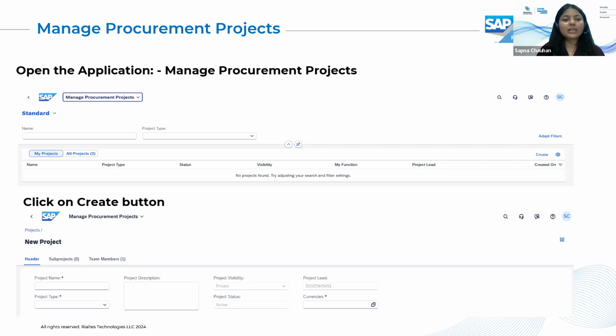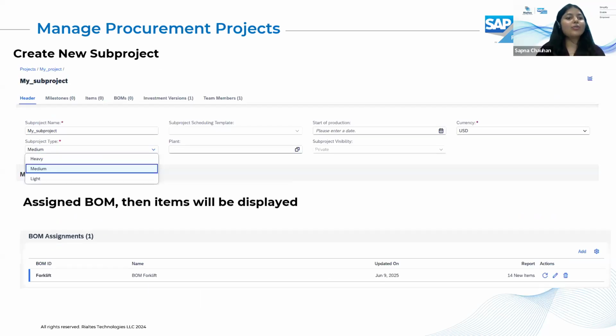Once you have created the project, you will create the sub project. What do we understand by the sub project? For example, there is a project of engineering, and in sub project there is a concept like civil engineering. So the sub project acts like that only. In sub project, you enter the sub project name. It must be unique. Then we have the three types in the drop down: heavy, medium, and light.